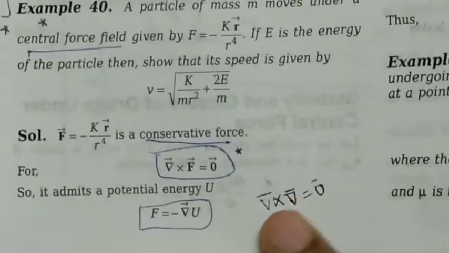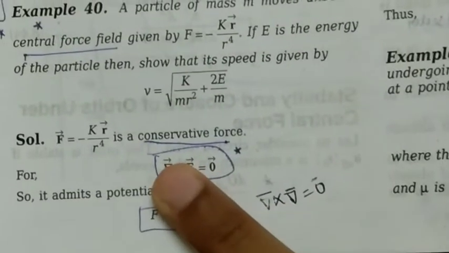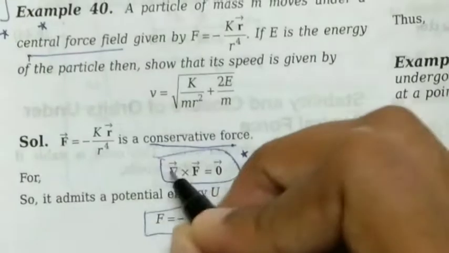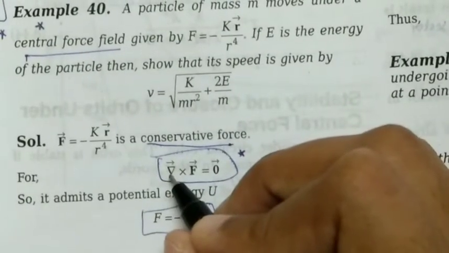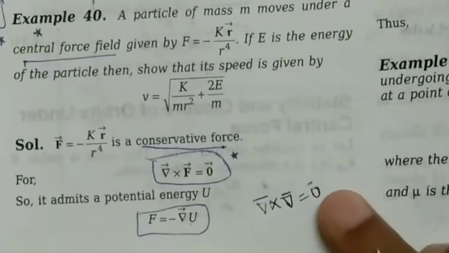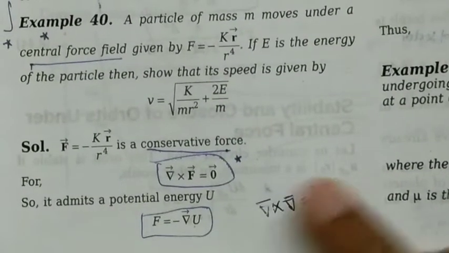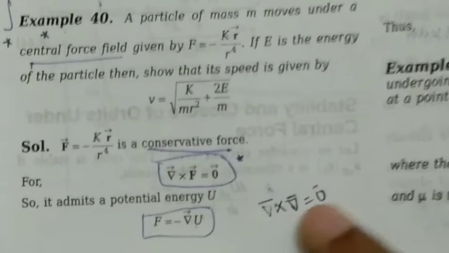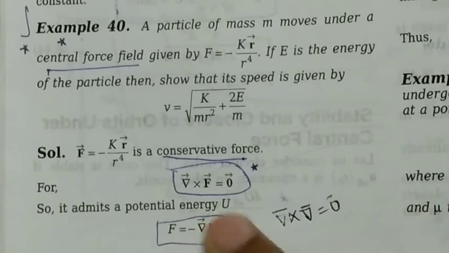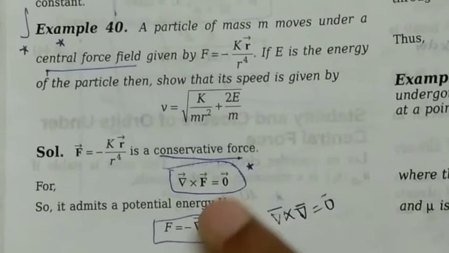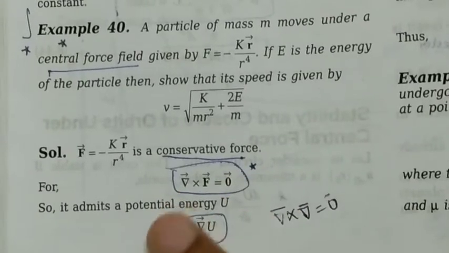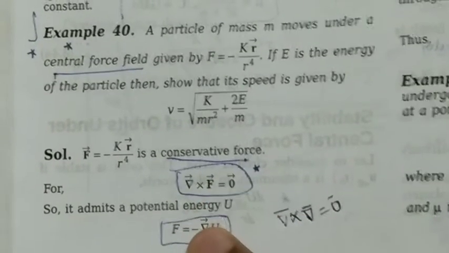In the case of vector notation, here we are already having the del operator. Doing a cross product within the del operator gives us 0. So A cross A is 0. In the same way, del cross del is also 0. Hence force takes the form negative gradient of potential energy in order to satisfy this condition. So by this condition we can get this.